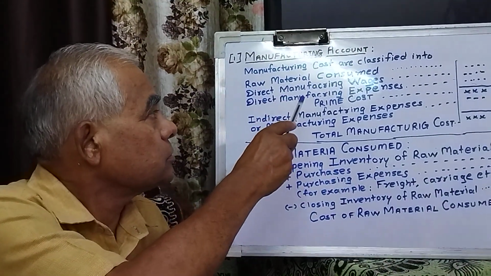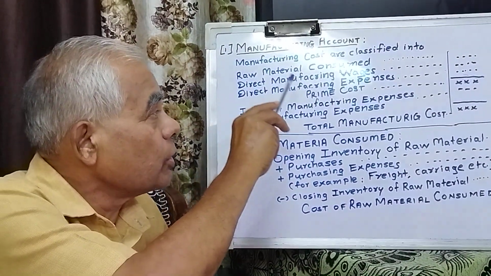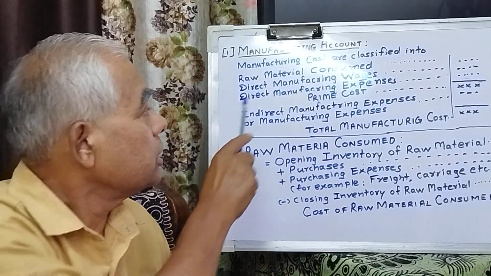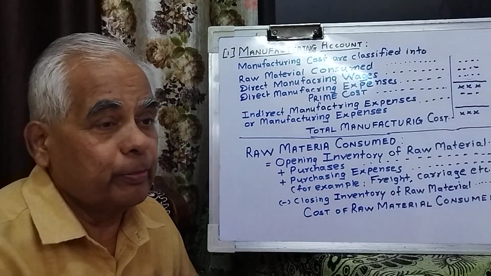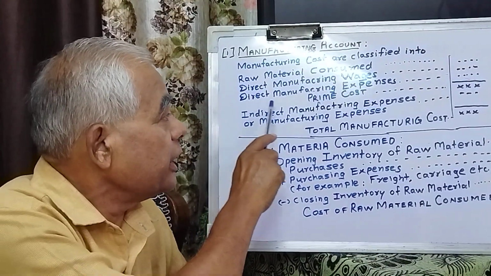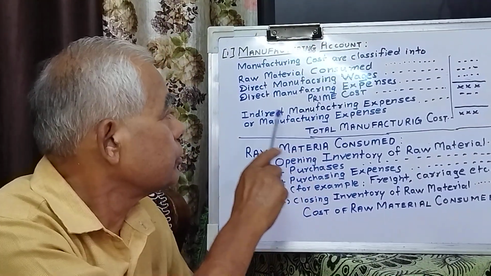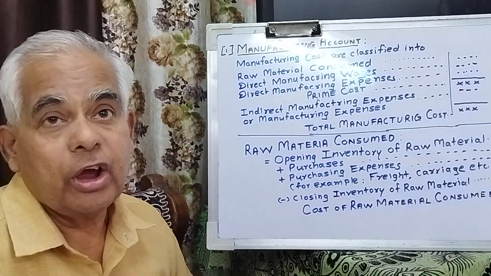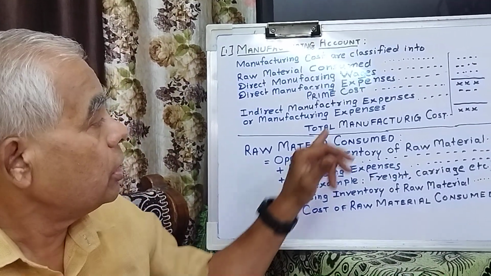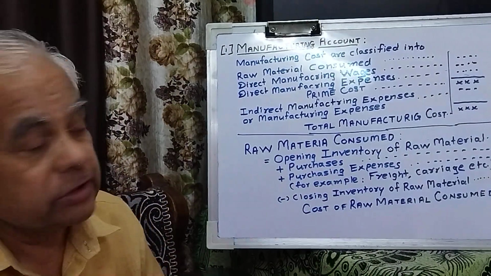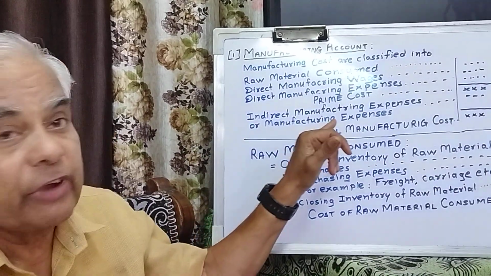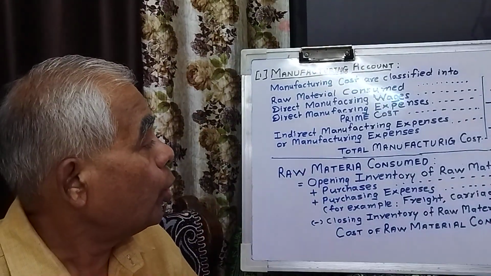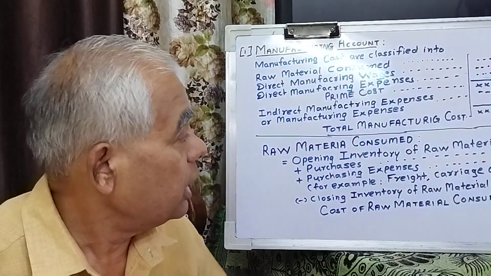In the manufacturing account, we see that manufacturing costs are classified into first raw material consumed, then direct manufacturing wages, then direct manufacturing expenses, and the total is called prime cost. There we are going to add indirect manufacturing expenses, also called manufacturing overhead expenses, and the total is